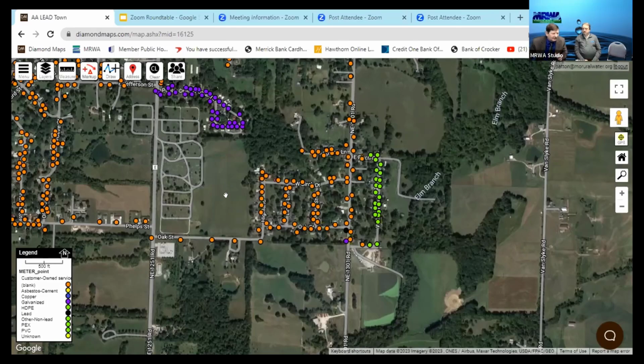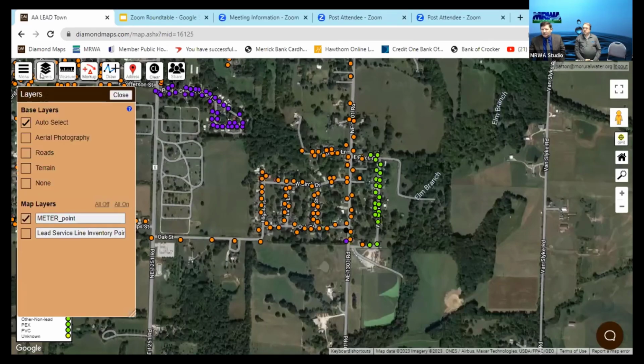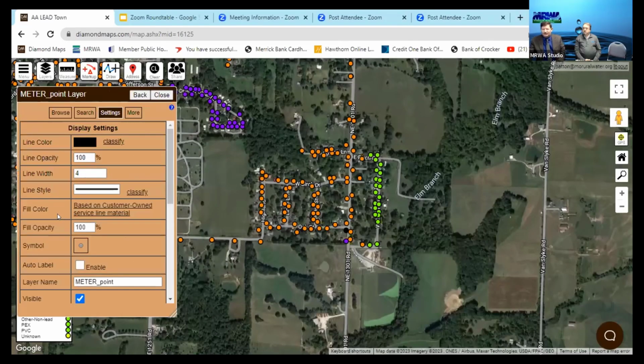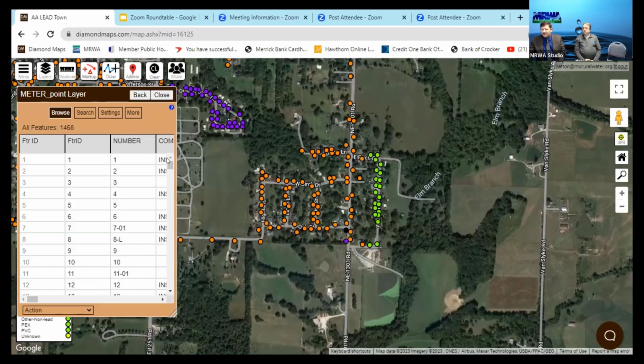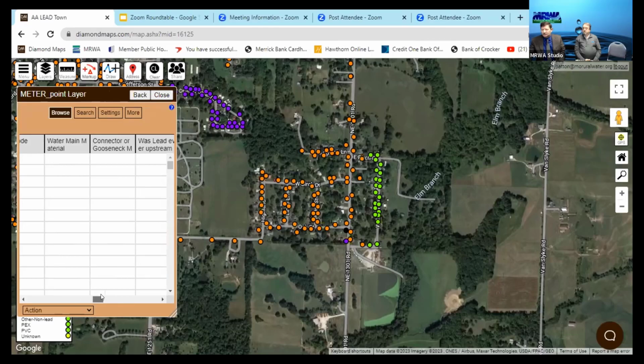On the layer that we're working on, the meters, since you already have the existing information about the meters, that's where we would add the template. This is where the lead and copper inventory does it, and it speeds the process up.